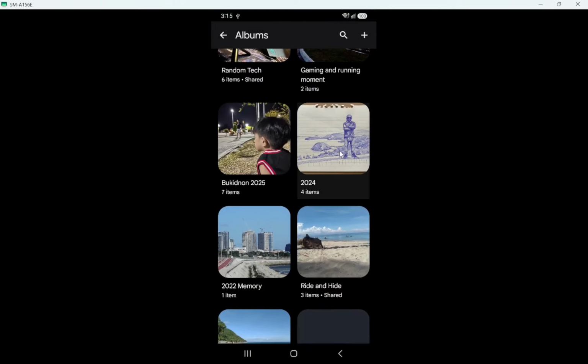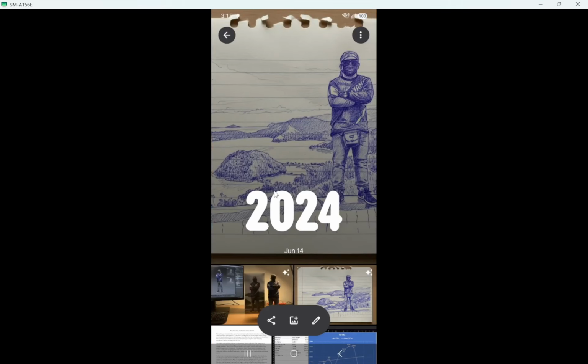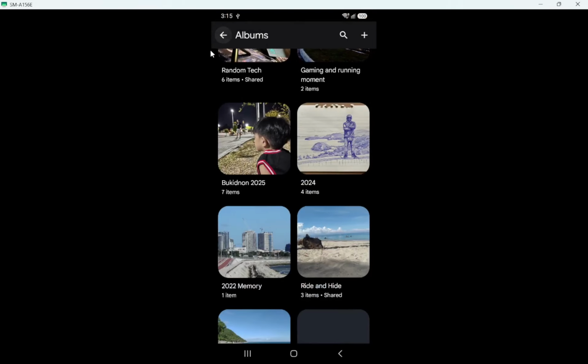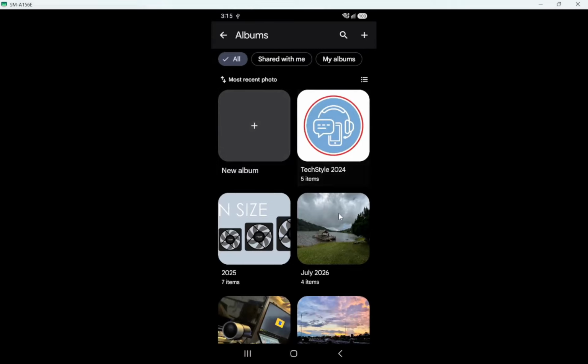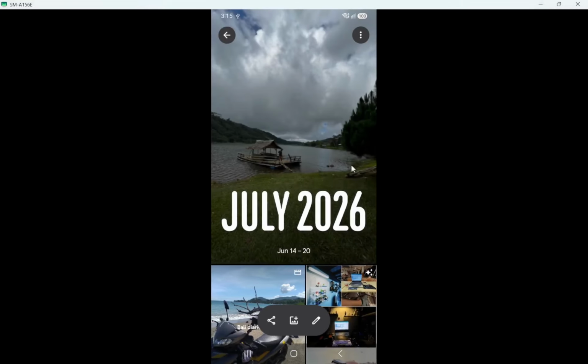Tip: Google Photos does not automatically create these monthly albums, so for a clean month-by-month filing system, you create each album yourself and add the right photos to that month. By following these steps, you organized your Google Photos into clear monthly albums and set the order inside each one.